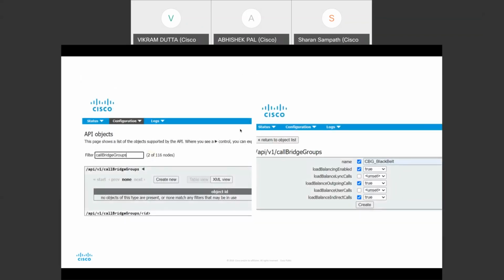This is basically being done using the new 2.9 version of CMS, wherein the API configuration is available on the web admin itself. So filter it with call bridge group. I can see there is no call bridge group present on my CMS. When I try to create one, I create a new object, give it a name, and then set load balancing enabled as true because it is required